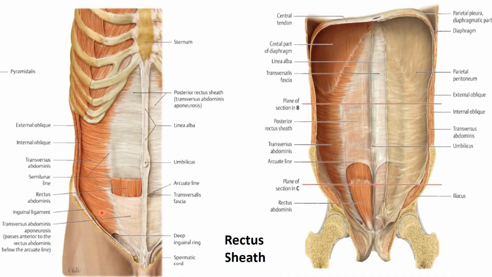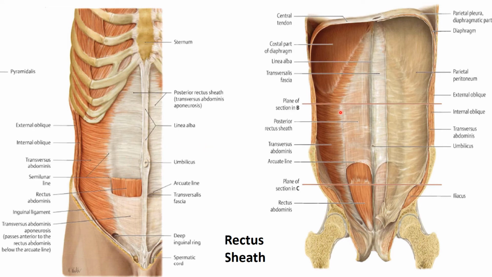Now let's understand the rectus sheath. The rectus abdominis is enclosed by this bilayered fibrous connective tissue running anterior and posterior to it, and this is known as the rectus sheath. Anteriorly, the rectus sheath completely covers the rectus abdominis, and at both extremes, superior and inferior, it is fused with the periosteum of the bone.